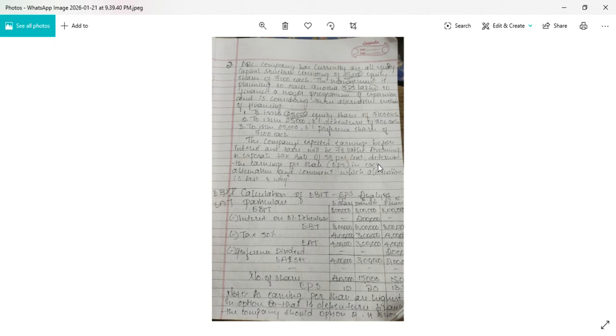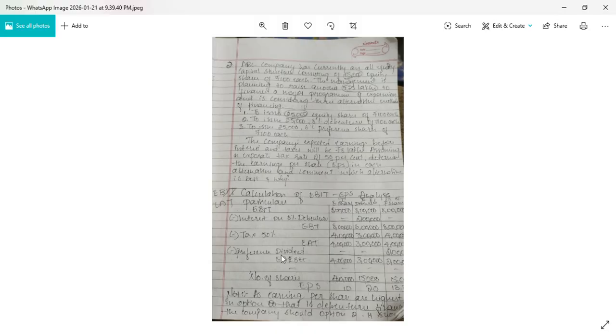In the third option, yes, we have 8% preference shares. So here we have to calculate 8% preference dividend. So in the third option, entirely 4 lakh, on a 4 lakh we have to calculate our preference dividend. Preference dividend, how much it comes? So 8% means on a 4 lakh it comes to 2 lakh.